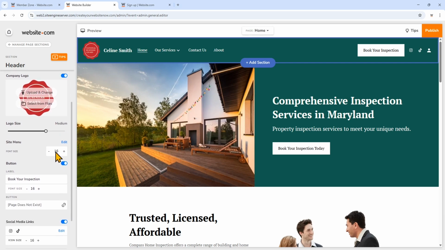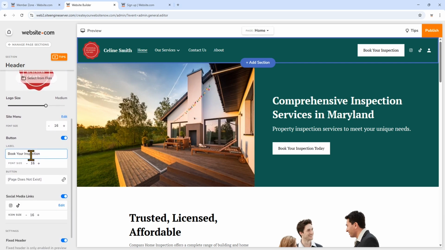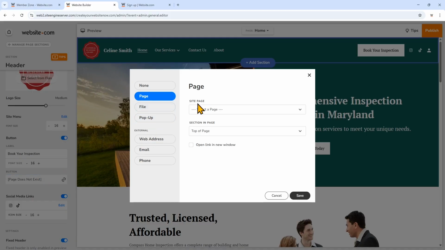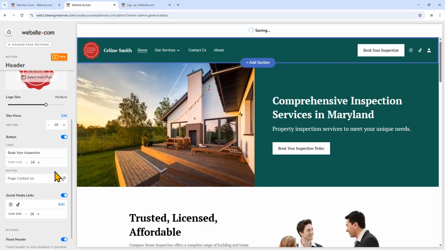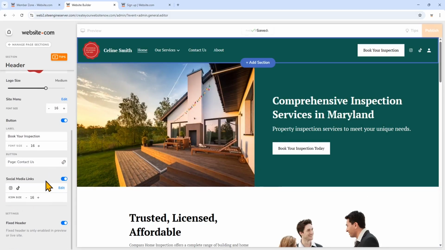I'll keep scrolling. So the button is very important. You want to make sure that your button leads to the right place. Right now, because I deleted bookings, the page does not exist. So I need to change that link. I'll keep the button saying book your inspection, but then for the button, I'll lead that to the contact page. Now we can include our social media links.